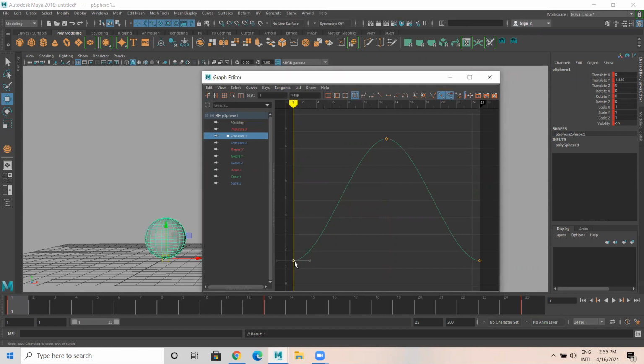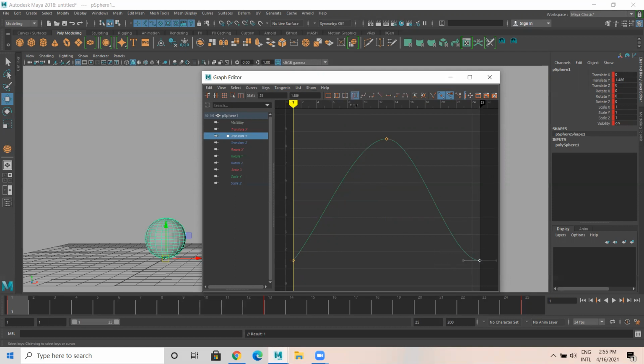From here to here, it has to go faster. From the surface it has to travel faster, but while traveling, you see there is a slowness here. So I select this and make this tangent linear. So what happens when it hits the surface, very quickly it goes.